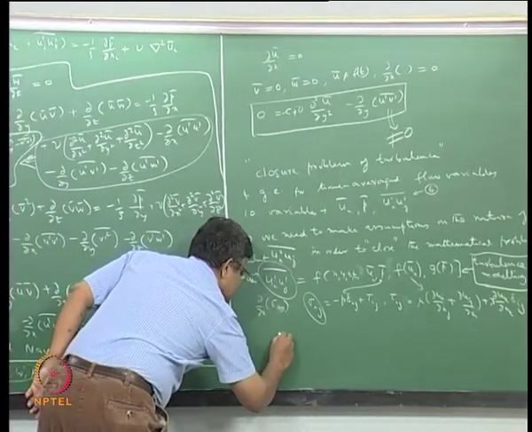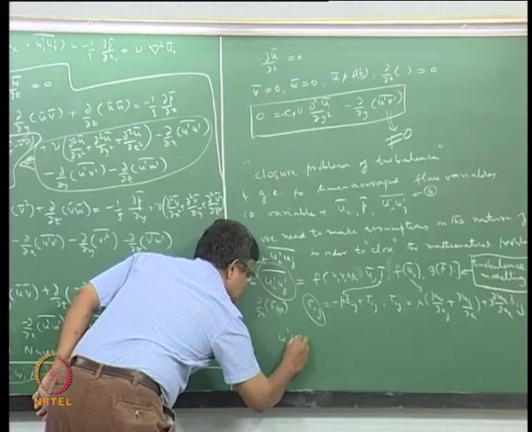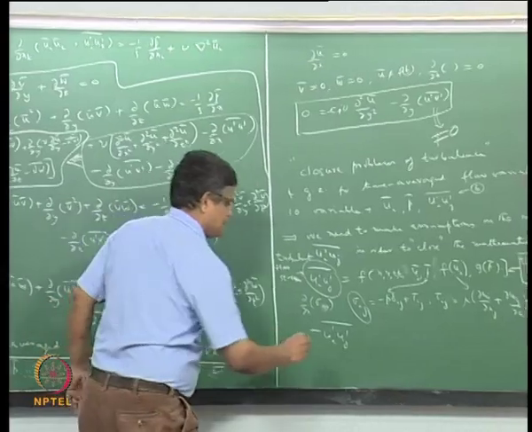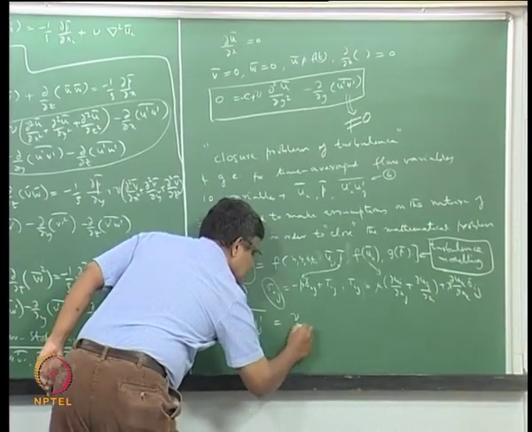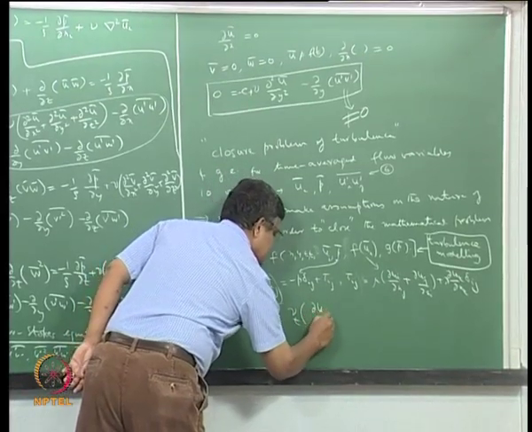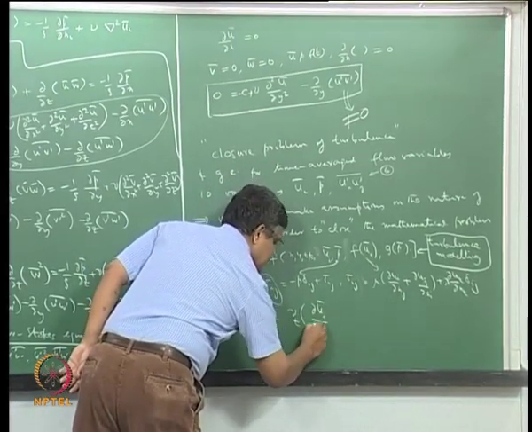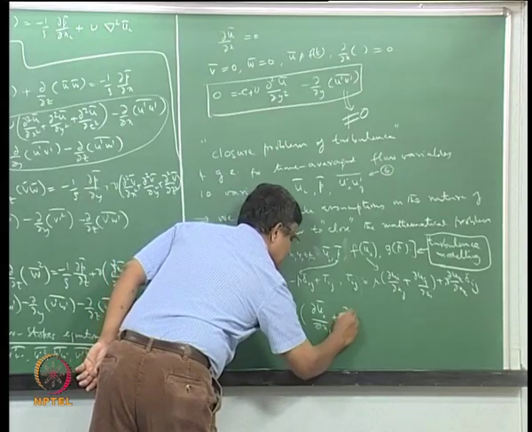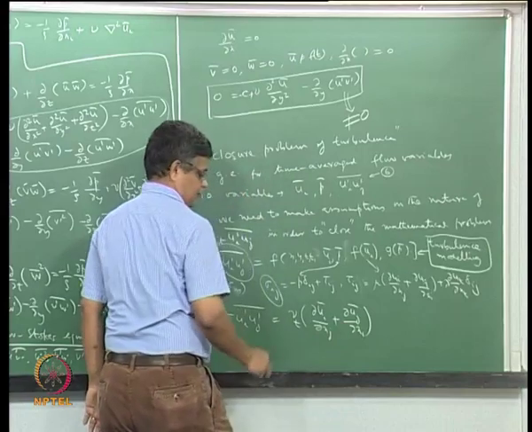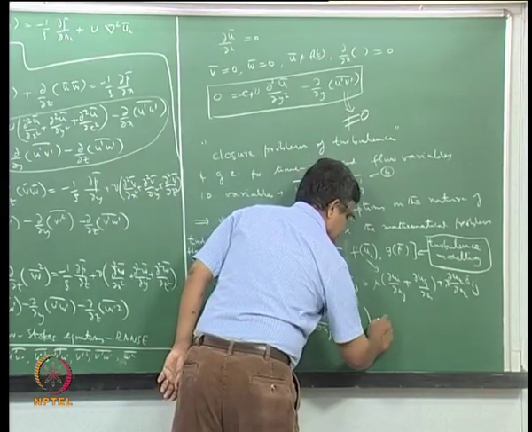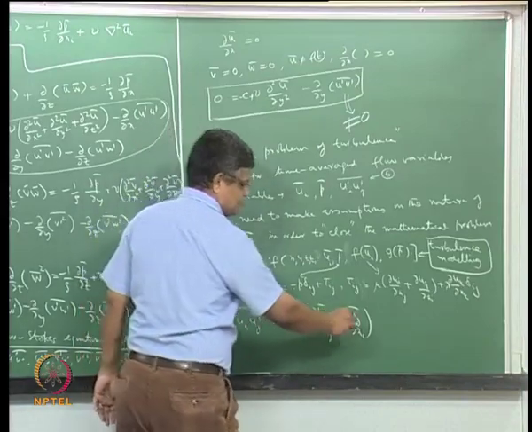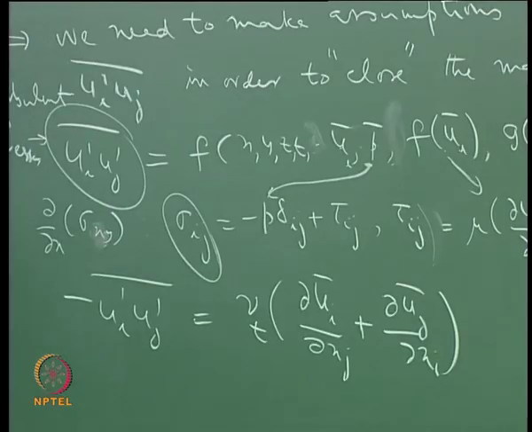So that is, he expressed minus ui prime uj prime bar as nu t, some turbulent viscosity, times dou u i bar by dou x j plus dou u j bar by dou x i. Okay, so this is an extended expression which we can see, but